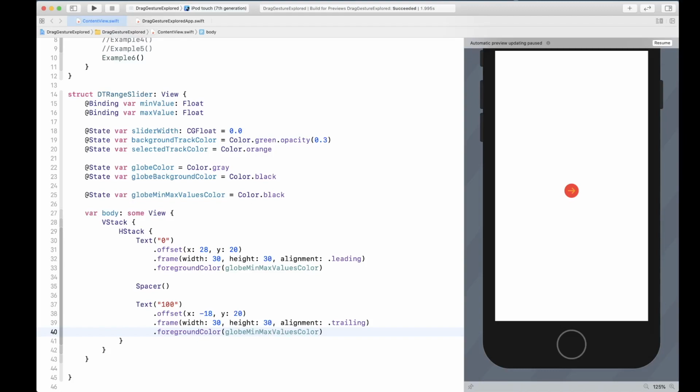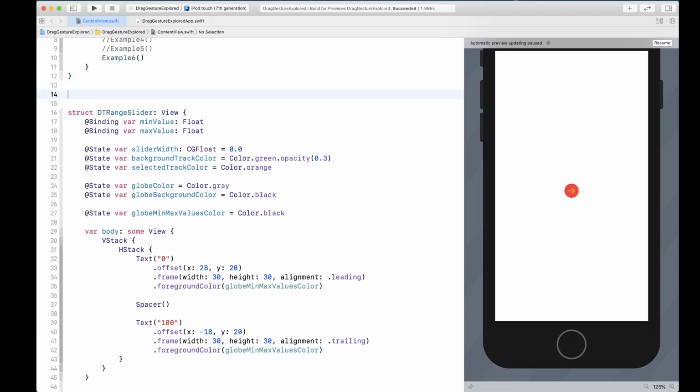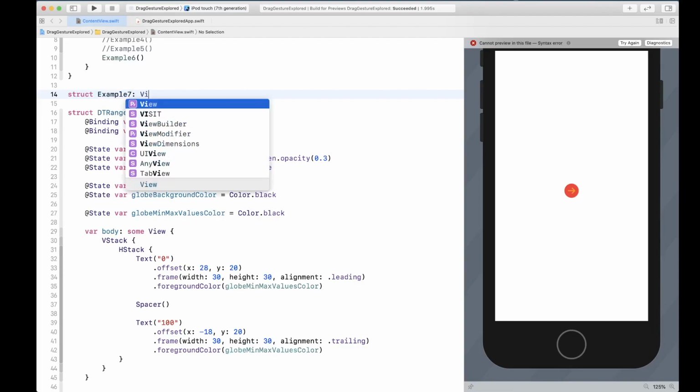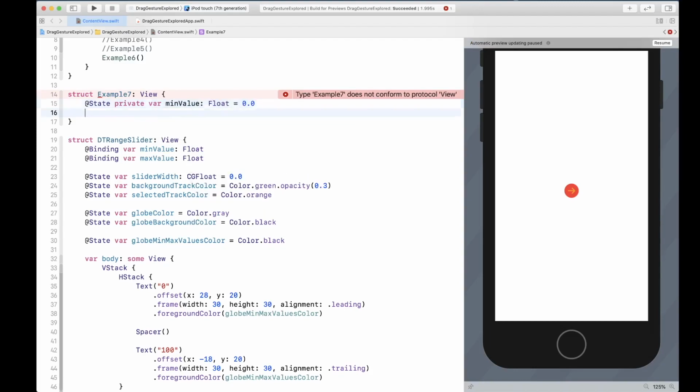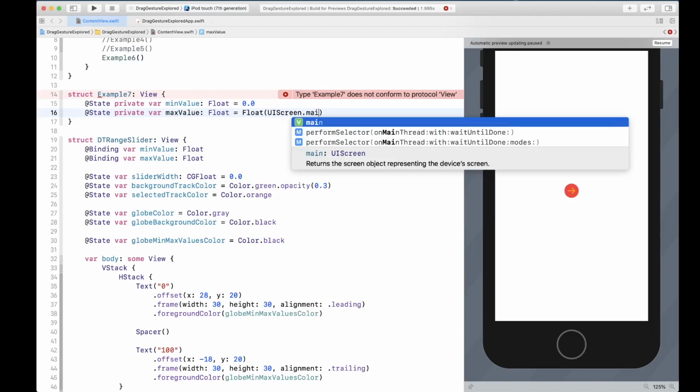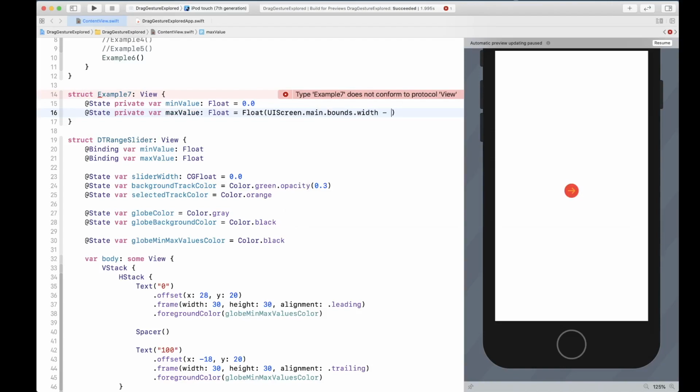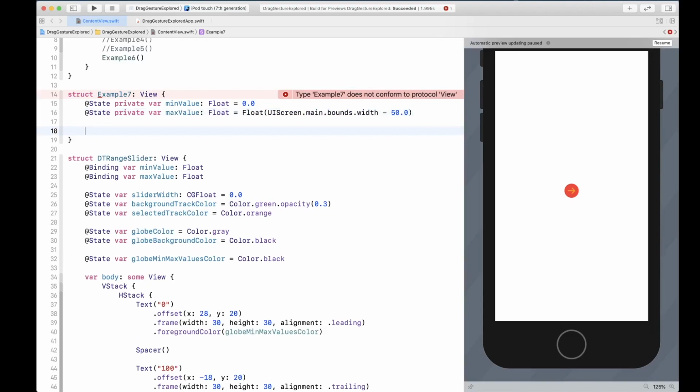Let's go ahead and create our example, and then we're gonna build the rest of the slider out. Okay, so we're gonna have a struct example 7, conforming to view, and we're gonna need state for min value. So again, it's gonna be float 0.0, and state private for max value. Load up of UI screen dot main dot bounds dot width minus 50 to leave some room for padding. Then we're gonna have our body,